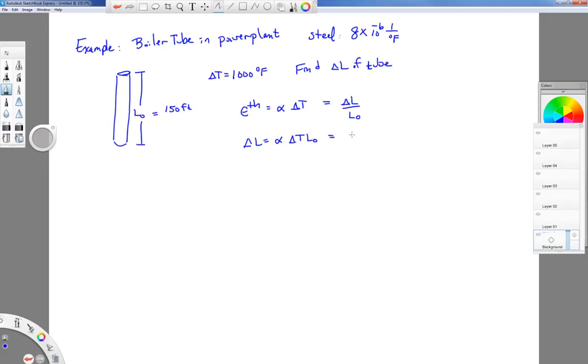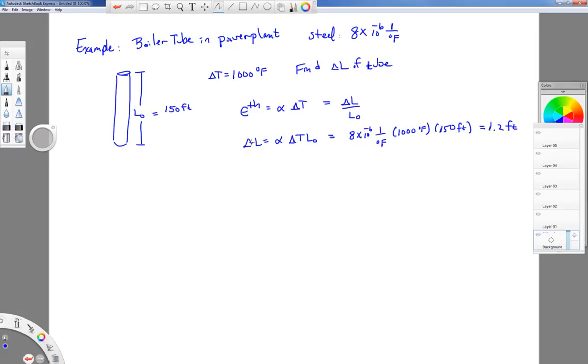I'm going to put these terms in here now: 8 times 10 to the minus 6 per degree Fahrenheit, the change in temperature of 1,000 degrees Fahrenheit, and an initial length of 150 feet. If we put all these together, we end up with a value of 1.2 feet for the change in length